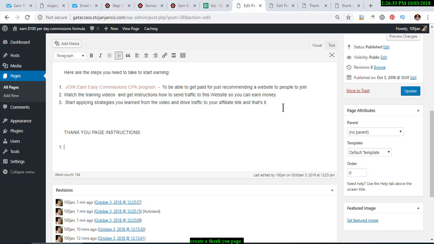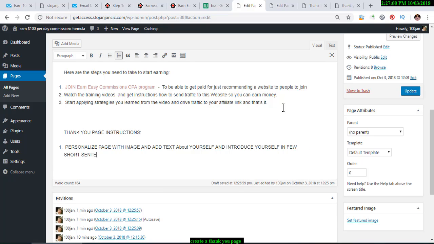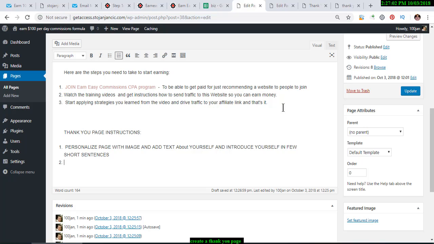So in the first part of your thank you page, personalize the page with an image and add text about yourself, and introduce yourself in a few short sentences. Okay, so in the second part,